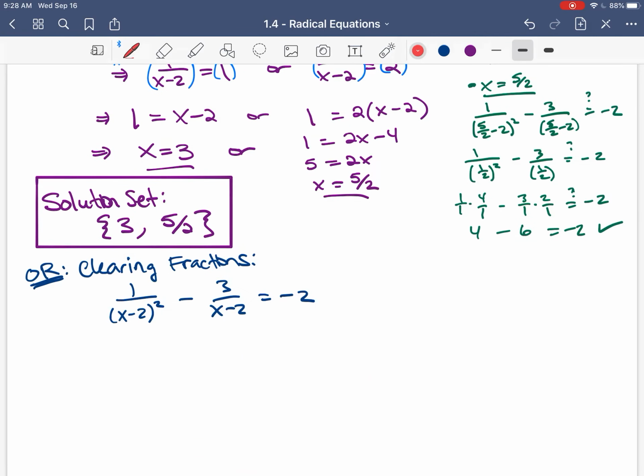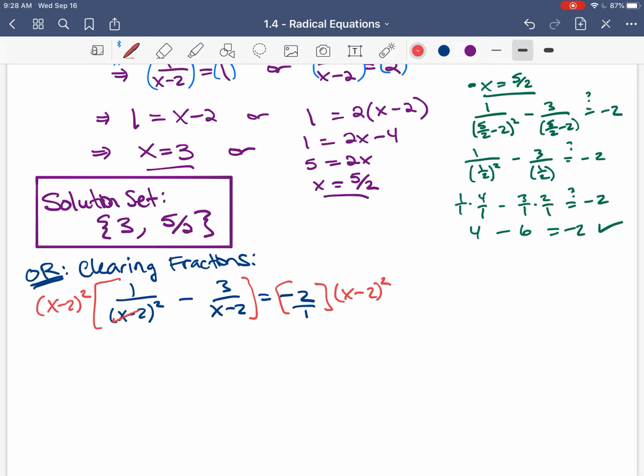What I mean by clearing fractions is we can multiply by the least common multiple of these fractions. If you look at all the denominators here, I have x minus 2 squared, x minus 2, and just 1. So the common denominator is actually x minus 2 all squared. So if we multiply both sides by that,